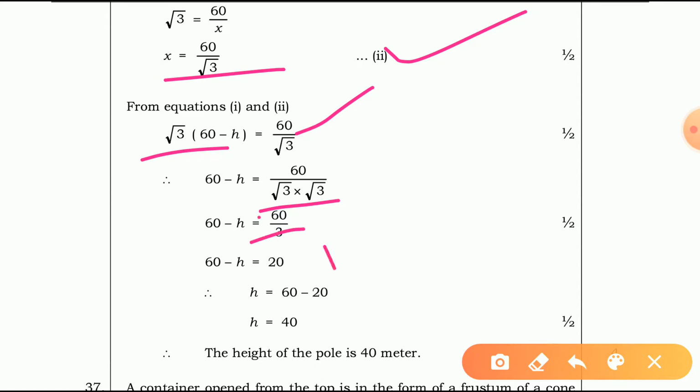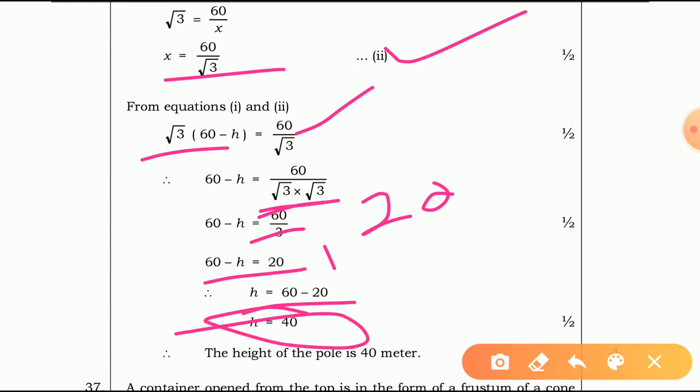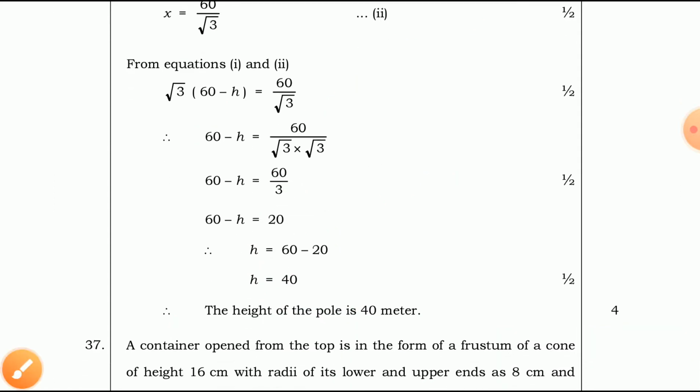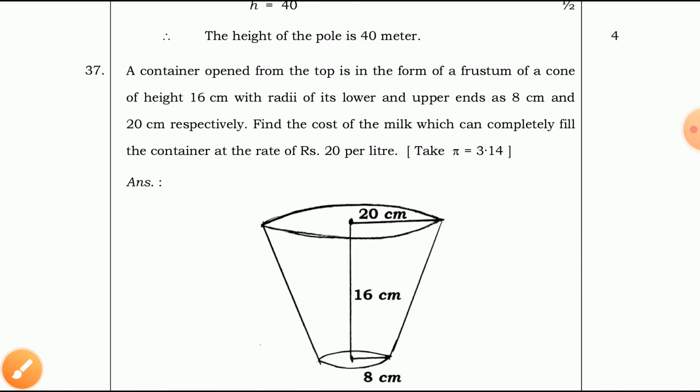3 ones are 3, 20s are 60. Okay, 60 minus h is equal to 20, and h is equal to what? 60 minus 20. Therefore h is equal to 40. Therefore h, the height of the pole, is 40 meters. This is the solution of question number 36. Okay, next move on to question number